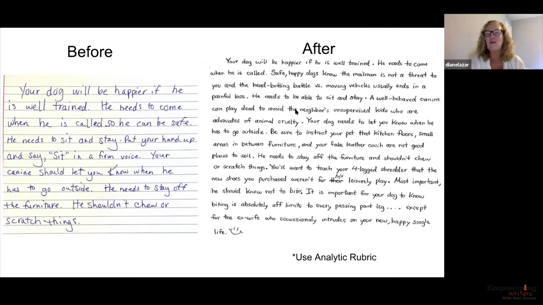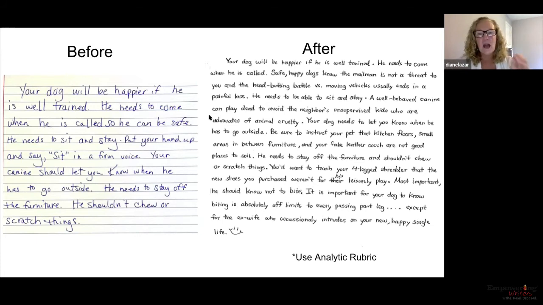So after having gone through this revision process and really building the oral language, building in that written expression, my student was able to really take it to the next level. All right. So from here, this was really skill focused. When we focus on a particular skill and we want to then assess for that skill, we use our analytic rubrics. Our rubrics are available on our website, and you're welcome to grab them, pull them down. Those of you who are using our hub resource, all of our rubrics are available right there in your hub resource in the planning section. But the analytic rubric is skill specific.